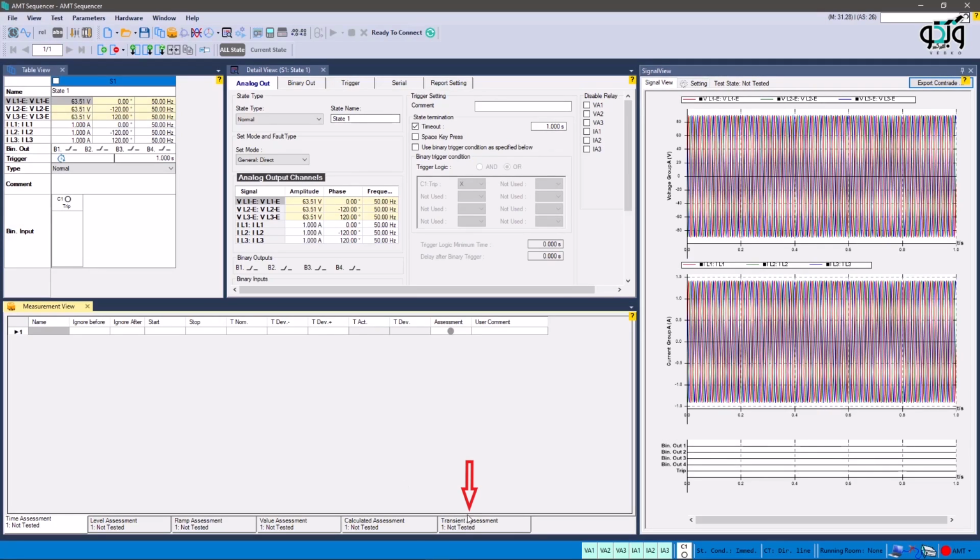Transient Assessment tab. The Transient Assessment section is used to assess the states designed for testing the transient. In this section, a received contract by the device from the relay can be time compared to the binary signal in the Comtrade file. A sample of the application of this assessment is to compare the performance of the relay while applying the signals of transient condition file, so the user would understand whether the relay has a similar function